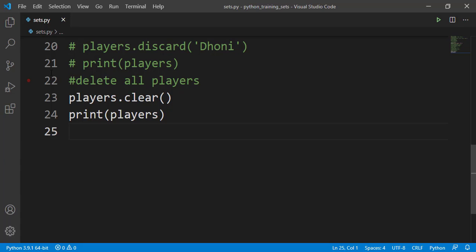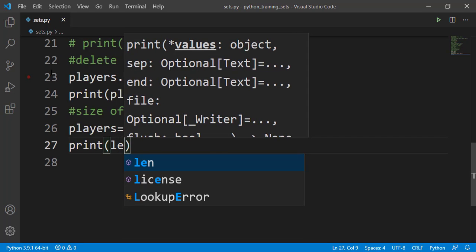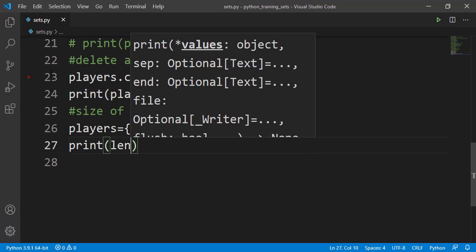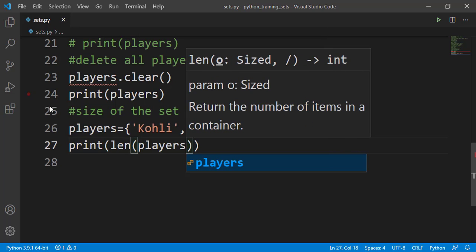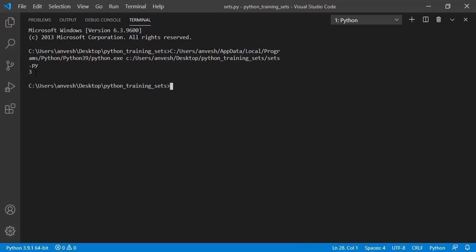Now that we understood how to remove items from the set, let's discuss how to know the size of the set. Let's take the same original set. I want to know the length of this set. So I can make use of the len function here. Length of the players set. Comment these 2. Run this. So here you can see that the length of the players set is 3 because we have only 3 players